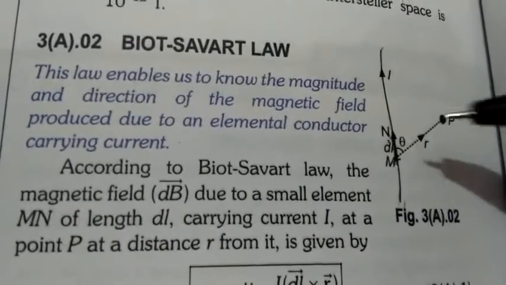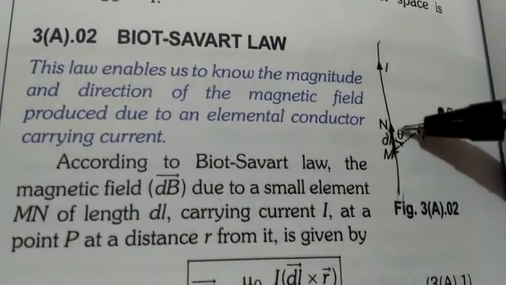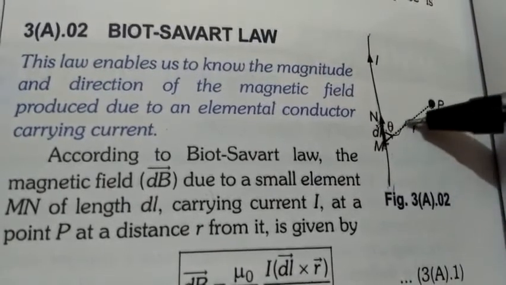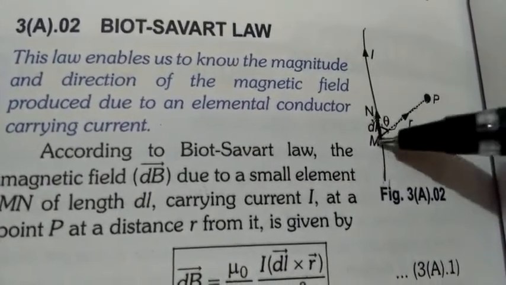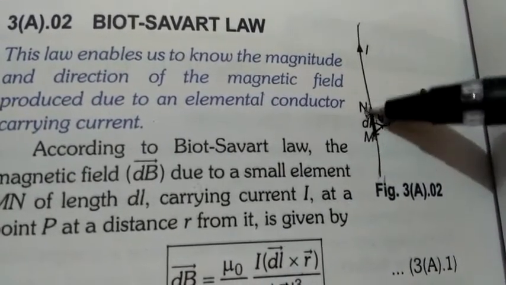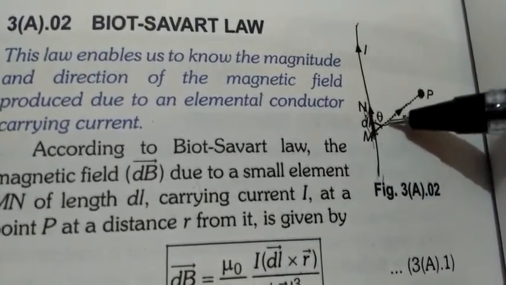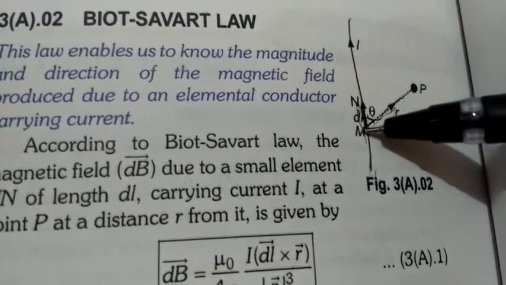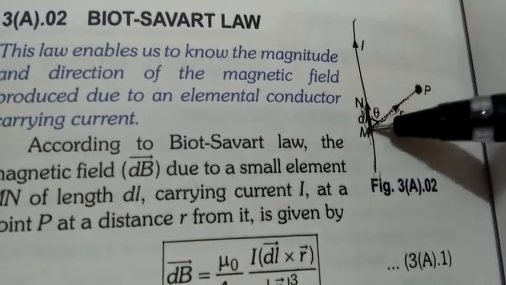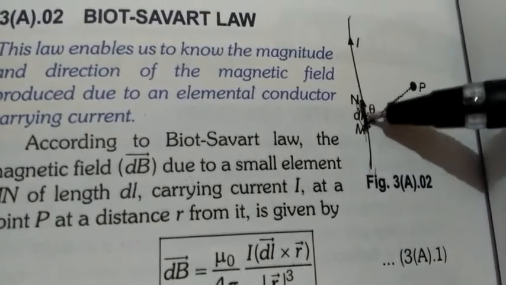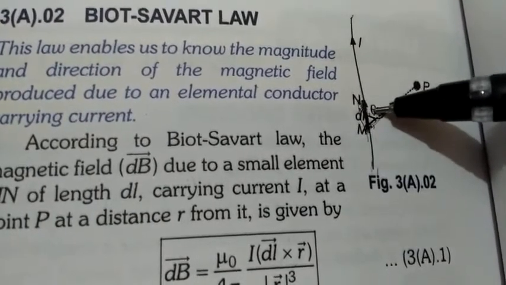Okay, so here in this diagram you can see this is theta. Theta is the angle between the current element and the distance vector. Okay, this vector is showing the distance between the wire and the point P. So this is the distance between wire and the point, and this is the wire. Okay, this is the conductor. Between them there is angle theta. Okay,